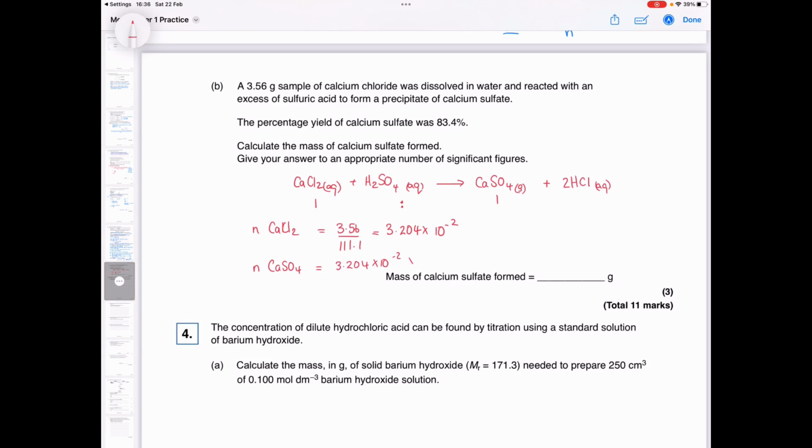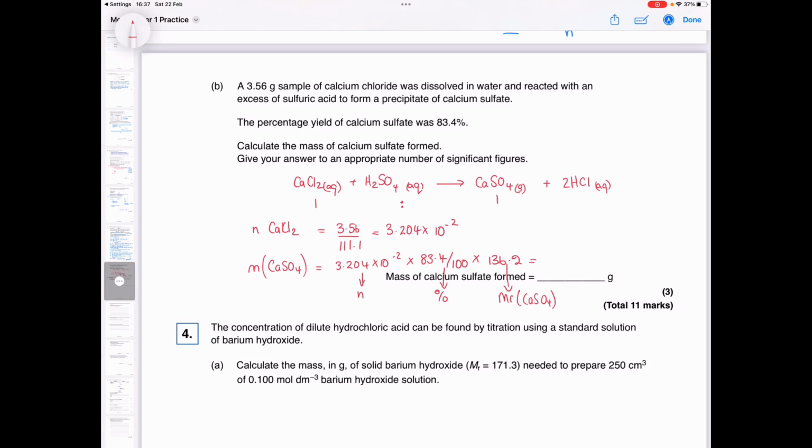So the mass of calcium sulfate is 3.204 times 10 to the minus 2, that's the number of moles of calcium sulfate that we could form, times by the percentage yield, 83.4, which is the amount that we're making less than 100%, times by the MR of calcium sulfate, 156.2. So we do all of that,